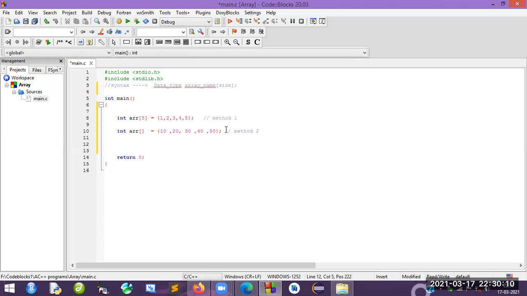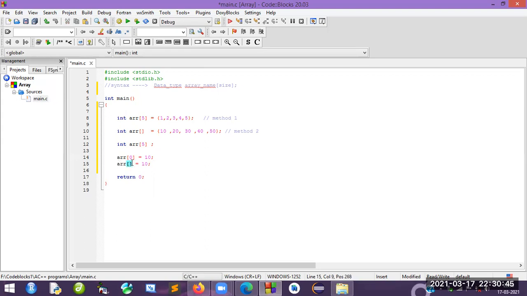Again, I will give you one more method. That is method 3: integer array of 5, semicolon. Here I will initialize like this: ARR 0 equal to some value, 10, semicolon. Again, I just want to copy these things because it takes a lot of time.